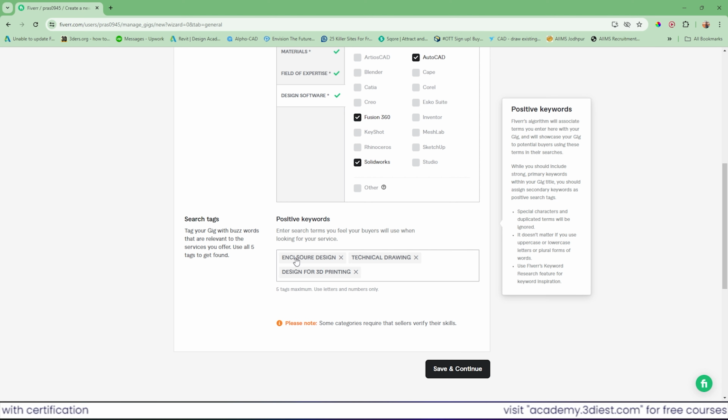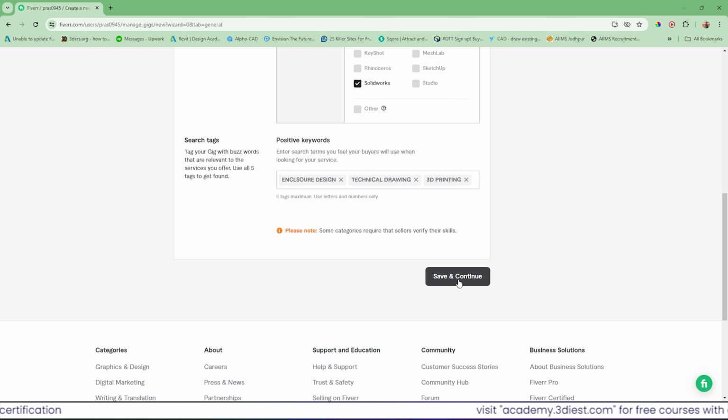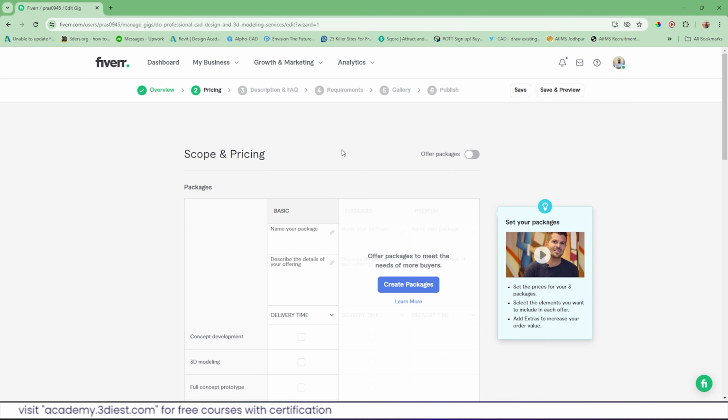As you can see, I had included 3 tags over here, but you can include a maximum of 5 tags. Now I will click on save and continue. Now we are into the next page in the process of creating our first gig, and this section is all